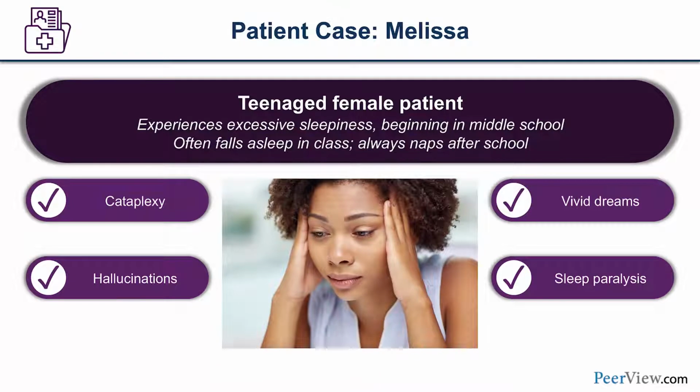So she would have episodes of sudden emotion. She would all of a sudden melt into the floor. She'd lose muscle tone. Interestingly, her brother used to love to surprise her because he would sneak up on her and surprise her, and he liked seeing her have cataplexy.